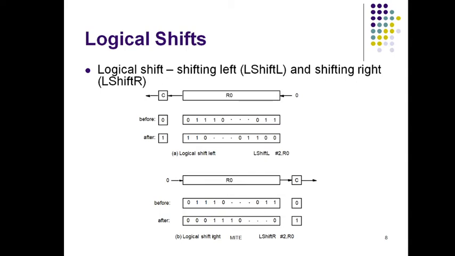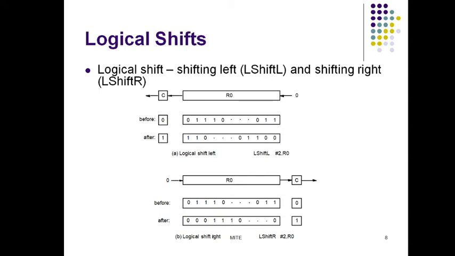So I have to shift the leftmost bits of contents of R0, that is 0 1. First 0 will be shifted. Okay, and then 2 bits I have to shift, so 0 and 1 have to be shifted. So this carry flag can contain only one bit, you can discard the 0, so this 1 will come here, remaining will be 1 1 0. The last bits will be 0 1 1. Okay, here there will be two empty positions that will be created after shifting 2 bits, so I will be filling those 2 bits with 0 0. That is why it becomes 1 1 0 dash dash dash 0 1 1, same as this, and at last append 2 zeros. This is logical shift left.